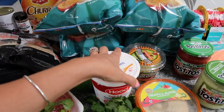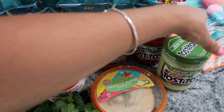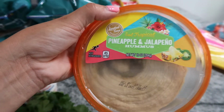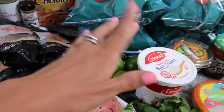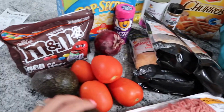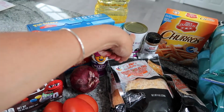So we do Hood sour cream only in this household. Guacamole, which I might make also for myself, like make some from scratch. Some salsa. This looked really interesting, an avocado salsa. I bought this for Mark. Jalapeno and pineapple hummus because that screams Mark. And then I also have some limes to scatter throughout the table. I'm gonna break up these bunches of cilantro and kind of add them as fresh pops on the table as well. We have avocado, tomatoes, a red onion, lots of cheese because that's everybody's favorite part, some olives,